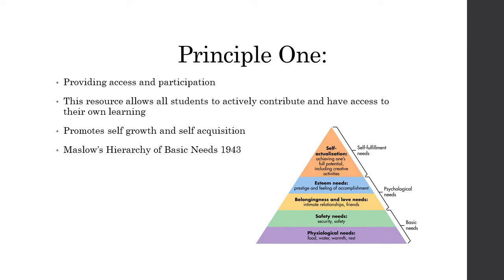The resource selected correlates with the first two principles of inclusion out of the 7. The first principle is providing access and participation. The resource allows all students to actively contribute and have access to their own learning. It also allows students to have a say in their needs, well-being, and learning. Allowing students to have a say in the learning develops the growth needs of self-actualisation. This is the highest level of Maslow's hierarchy of basic needs, in which students are achieving full potential of their